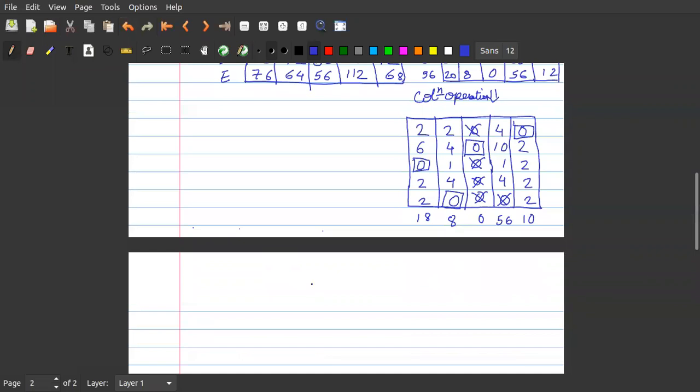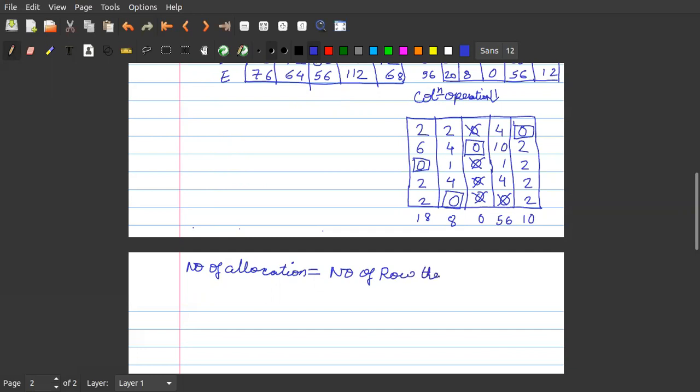Okay. So what should be the number of allocations here? Number of allocations should be equal to what? Number of allocations should be equal to number of rows.